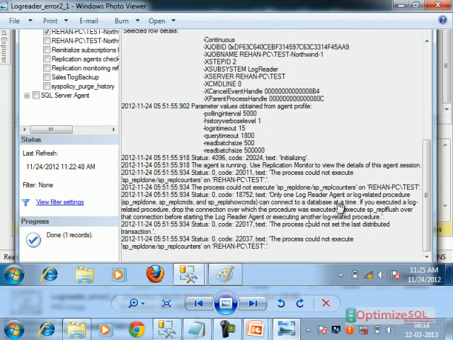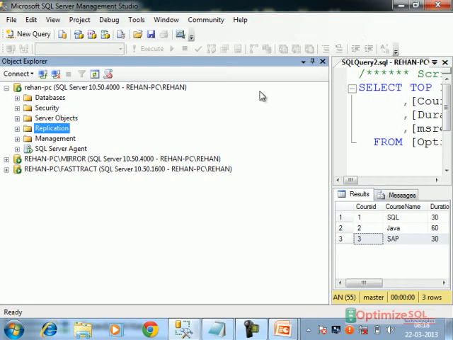Yesterday we ran these stored procedures manually in sessions. That's why we have discussed already. It is saying either you run the stored procedures as administrator, otherwise the log reader agent will run the procedures. Means we have seen that the session should be closed immediately. The session in which we have run these stored procedures, repldone or repl commands, should be closed. After closing, the log reader agent will start working. Yesterday we manually ran the commands sp_repldone. These are some of the errors.